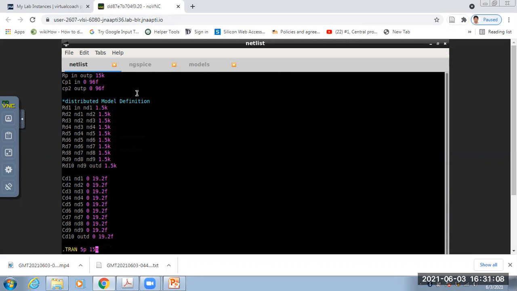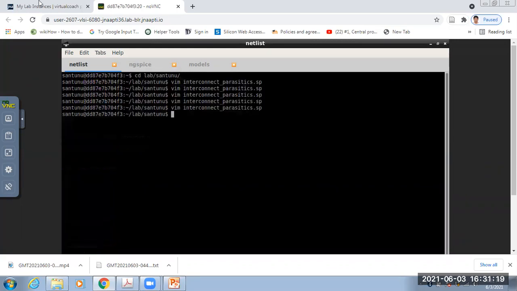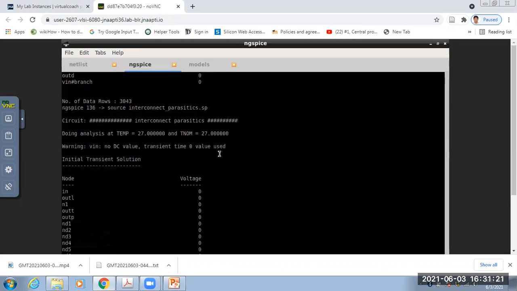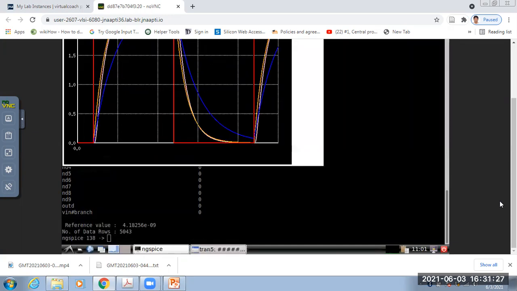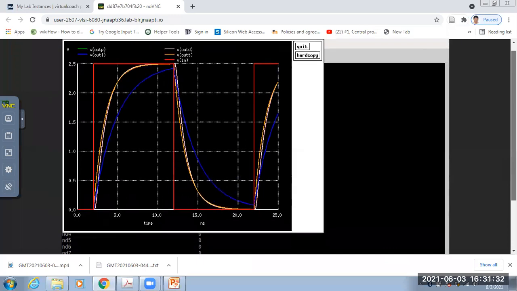So it should be 30 nano, 25 you can give. Okay, 20. Still it requires more time.